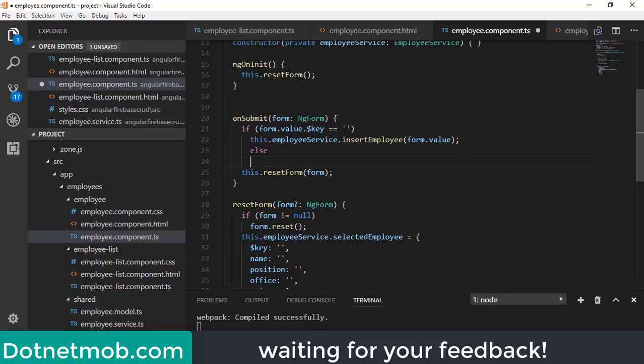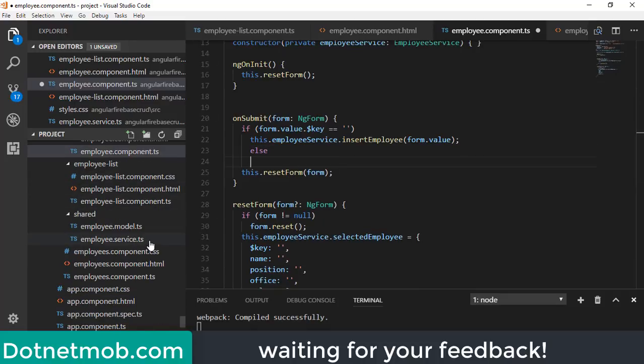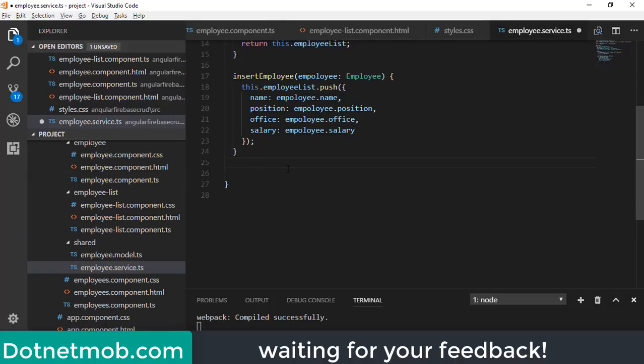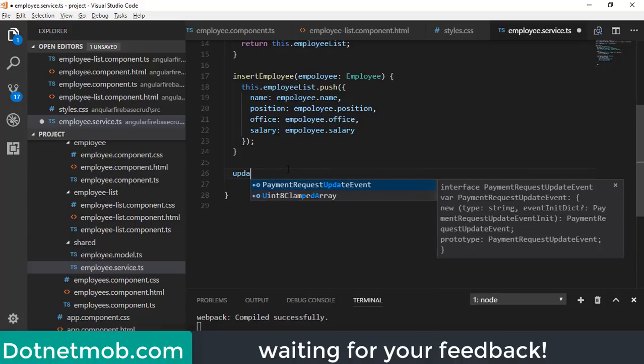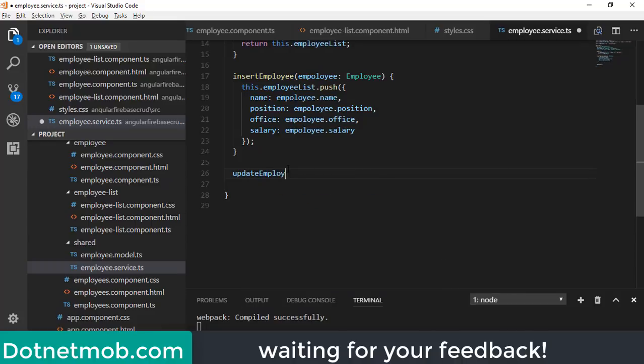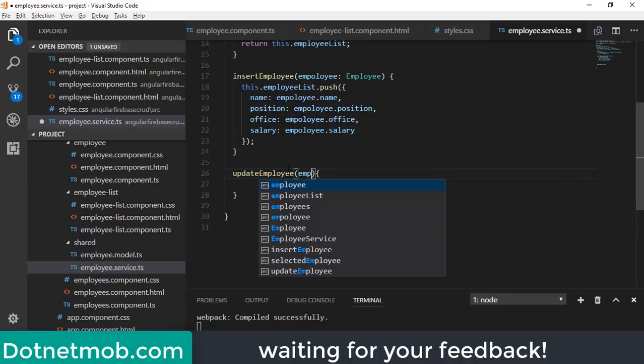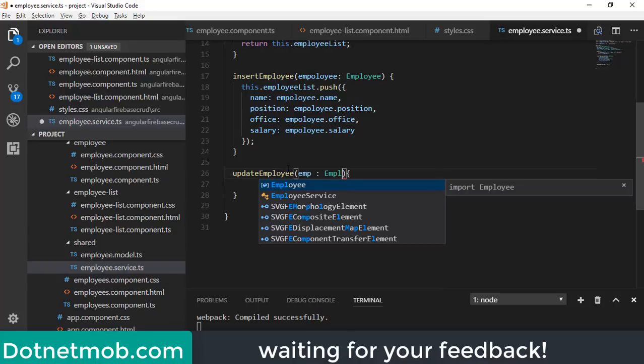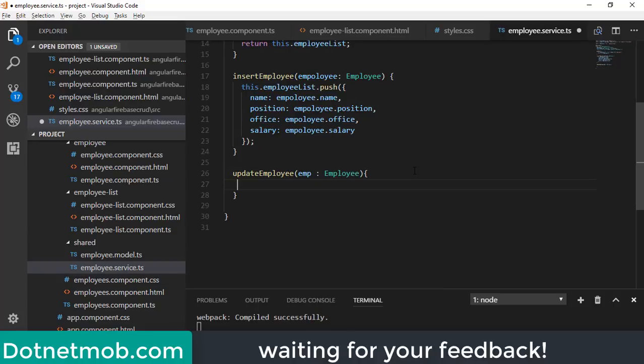For that, we have to add one function inside this employee service here. So let's add one more function for update operation. Update employee. We have a parameter emp. It's of the type employee. In order to update a record inside Firebase, you can do this dot employee list dot update.